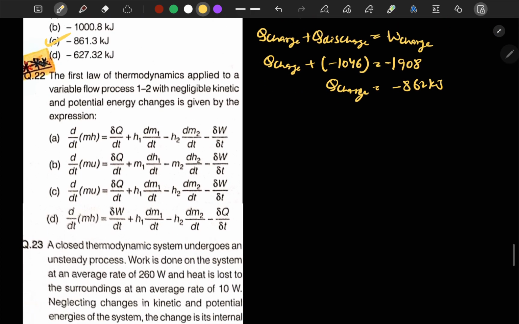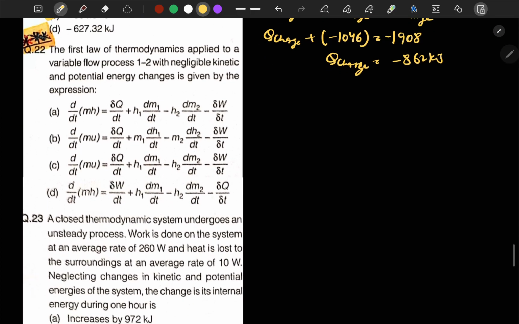Okay, next we will be moving to question number 22. It is mentioned that the first law of thermodynamics applies to a variable process with negligible kinetic and potential energy change, given by the expression. So it is asking about our energy conservation equation in case of unsteady flow. In unsteady flow, what was the equation? The equation was dU by dt is equal to